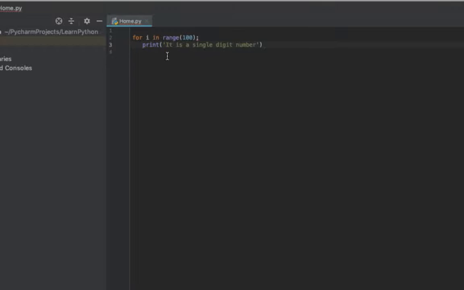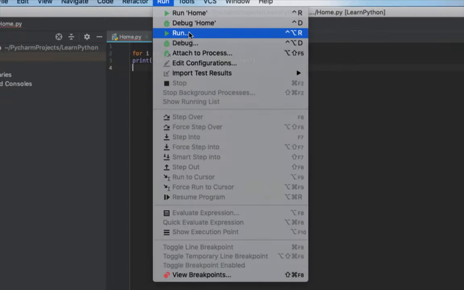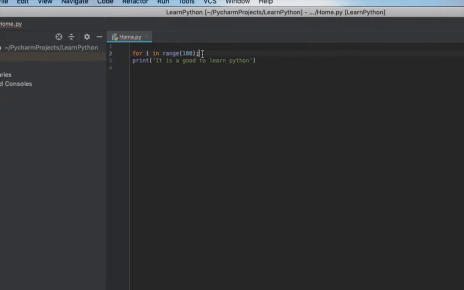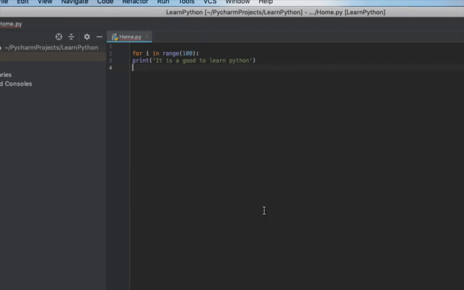Now this is the statement. So here I can say it is good to learn Python. Now when you run this program, then you see how it works. This is not a semicolon, this is a colon. Then you find that it is running smoothly,